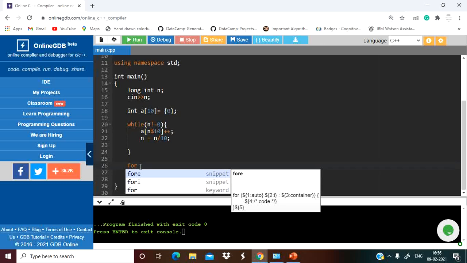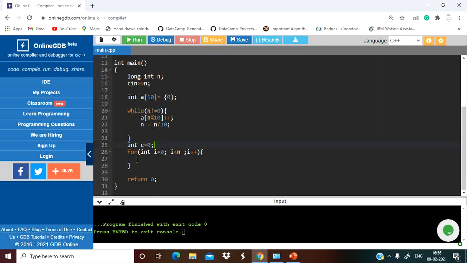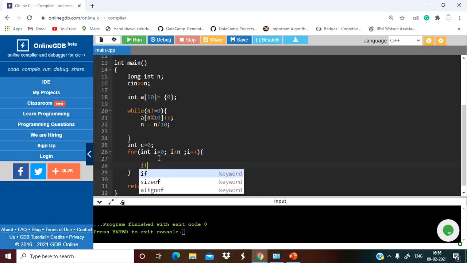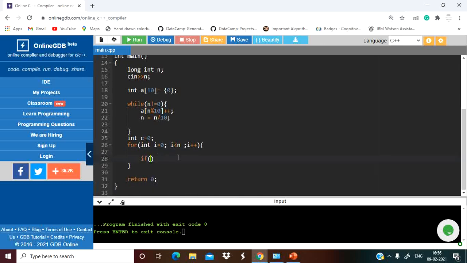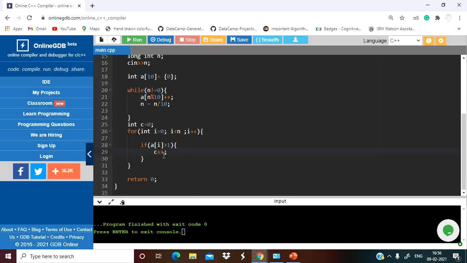So what we will do here, for int i equal to 0, i less than n, i plus plus, int c equal to 0, right? So here we will check if a of i is greater than 1, that is, there is a particular number which has occurred more than once. So we will increment the value of count, right?